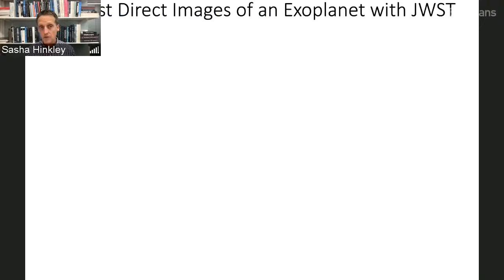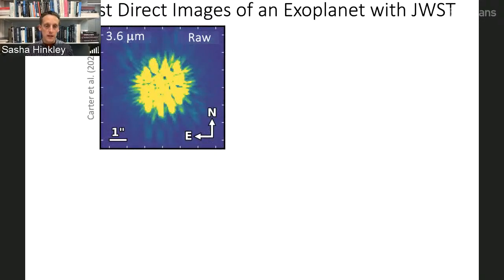I think the biggest highlight from this program is truly the first direct images of an exoplanet with JWST. This was a really amazing moment in August of 2022 when we got the first data. Here's a NIRCam image at 3.6 microns, and I say that it's a raw image, but